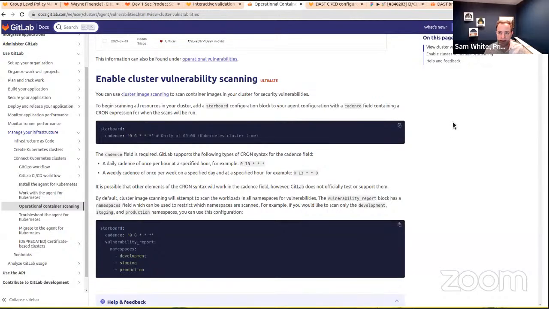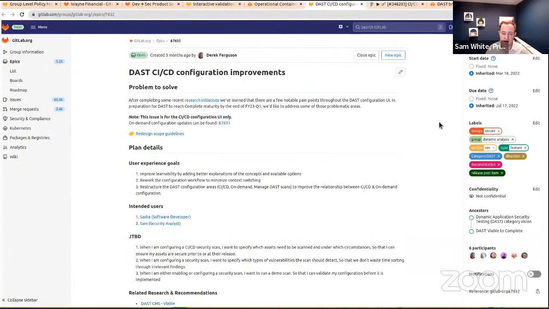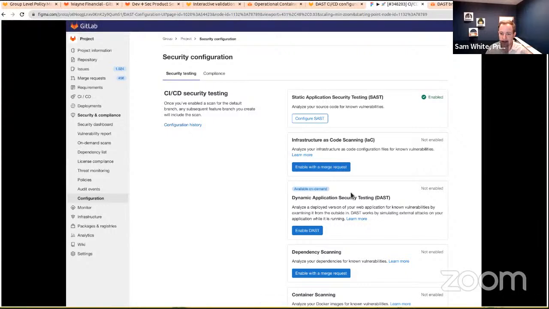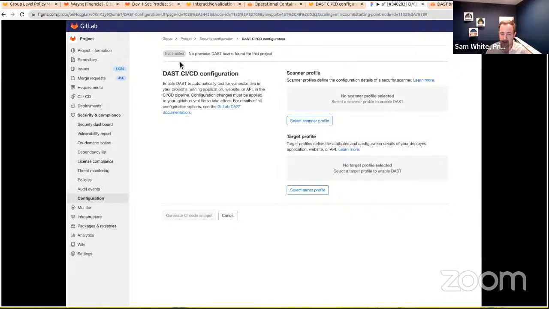Shifting over to DAST. DAST has been working on numerous usability improvements around the configuration of DAST. They've finished a lot of those. They're going to be wrapping up the CI/CD configuration improvements here in 15.2. Specifically, they're looking to add in a badge where you go in the configuration page to enable DAST. If it shows not enabled or enabled, they'll be adding in a status badge here up at the top, so that you're easily able to have that continuity from one page to the next and see which scanner profiles are in use, as well as what the status is for your DAST scans on that project.